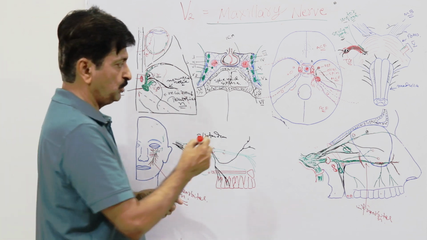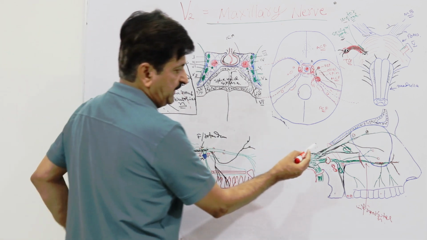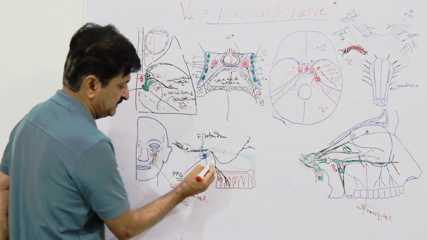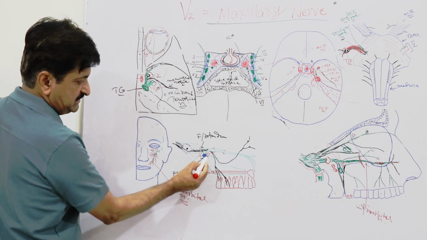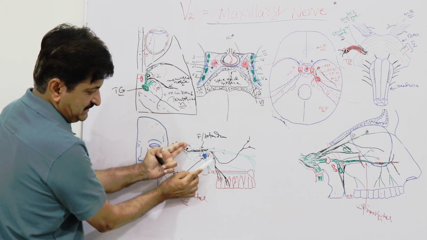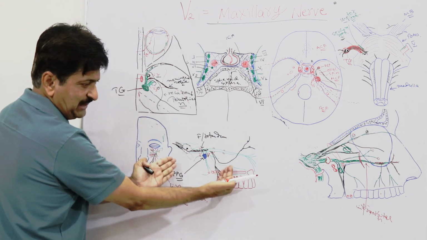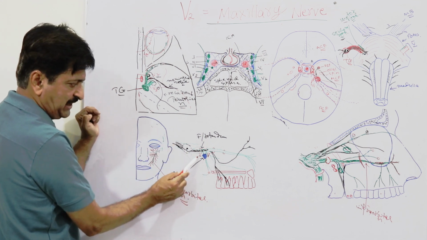You see that. So if for example you are watching this, I told you that here is the sphenopalatine nerve. Now you can see this sphenopalatine nerve in this diagram. Now watch it here. See this triangular foramen which I am showing you. This area which we have separated anteriorly is the maxilla, and behind is the pterygoid process. We have separated the pterygoid process to show you the entire open